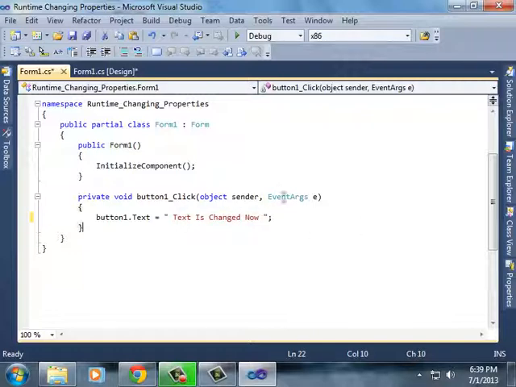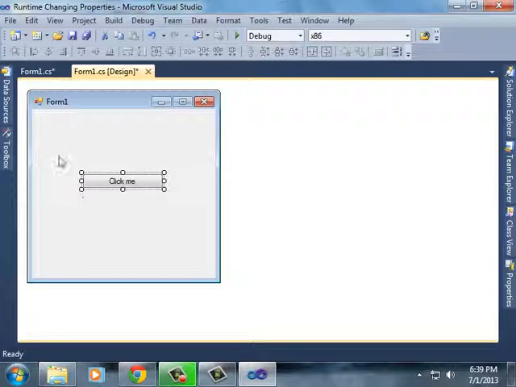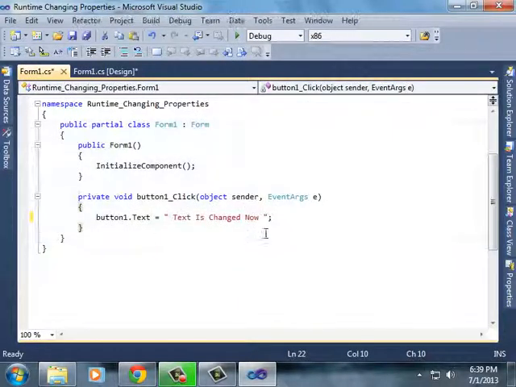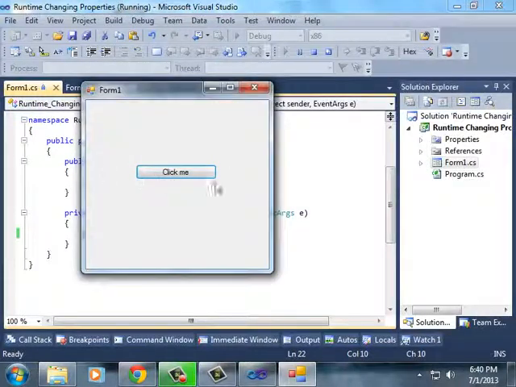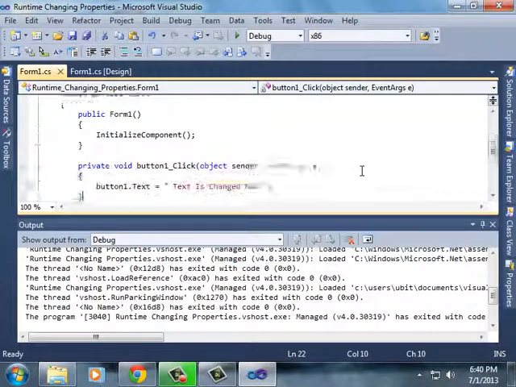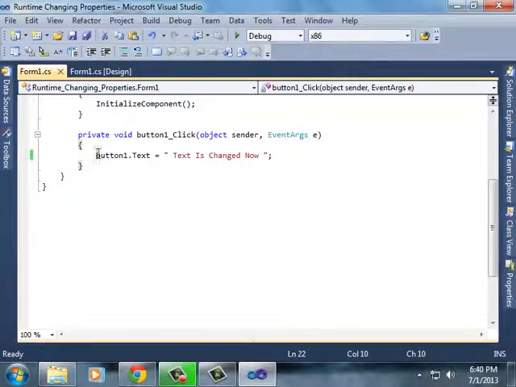So what it will be doing is that now it is showing click me, but whenever I execute it and the click event of the button occurs, the text will be changed. Now it is displaying click me. No event has occurred till now, but when the click event occurs, the text is changed. It has just changed the text property of the button. Similarly, I will show how to change another property of the button.